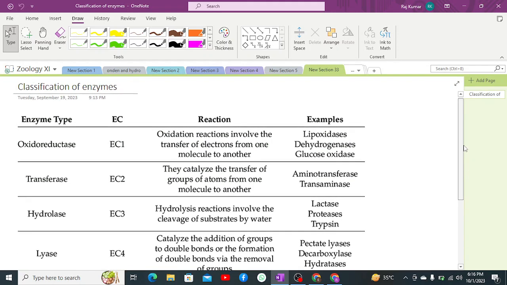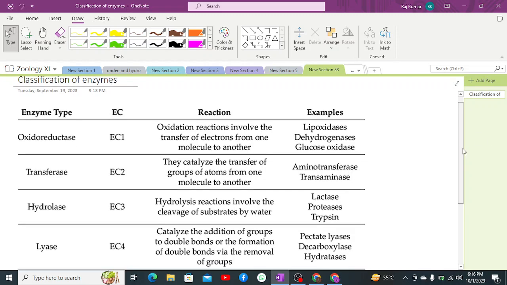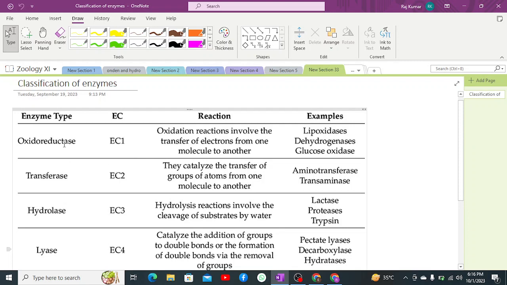There are different types. Now we are majorly discussing the classification of enzymes on the basis of the reaction. So the first enzyme class is oxidoreductase. Oxidoreductase, EC1, is the enzyme which is involved in oxidation and reduction processes by transfer of electrons from one